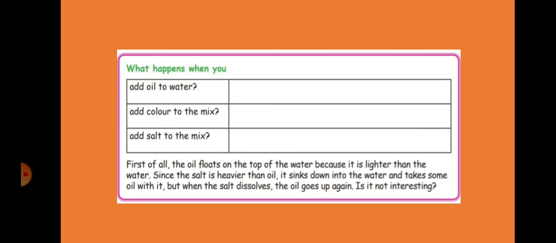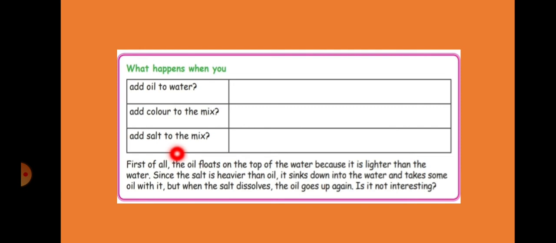Okay, children. So, add oil to water. What will happen? If we add oil to water, the oil will float on the water. Next, add color to the mix. What will happen adding color to the mix? The full thing will become colorful except the floating oil. Next, add salt to the mix. What will happen? If we add salt to the mix,